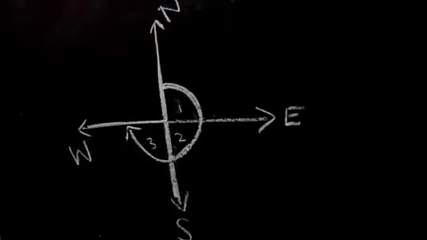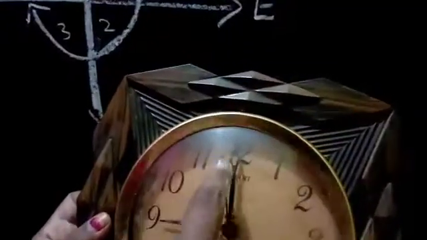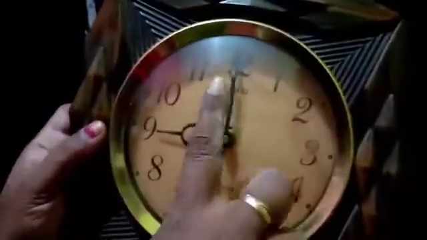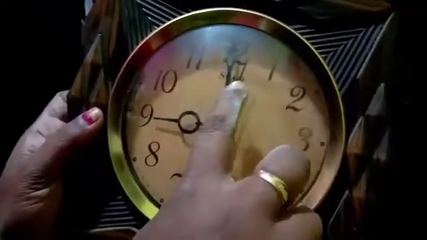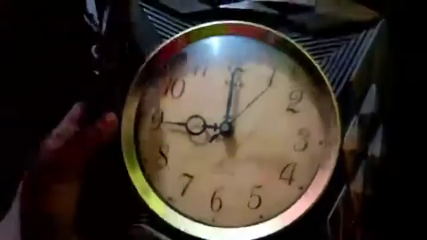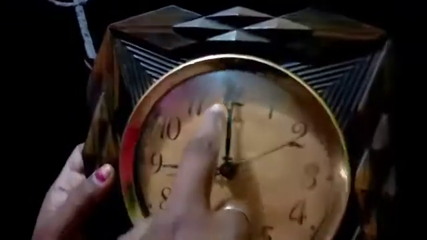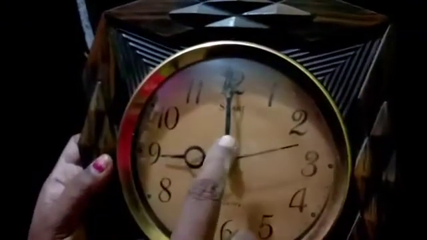Suppose in the watch we have here 9 o'clock. In 9 o'clock the watch needle is moving from this side only, so that only it is called clockwise. Here also we have clockwise in this. So 9 o'clock we have a